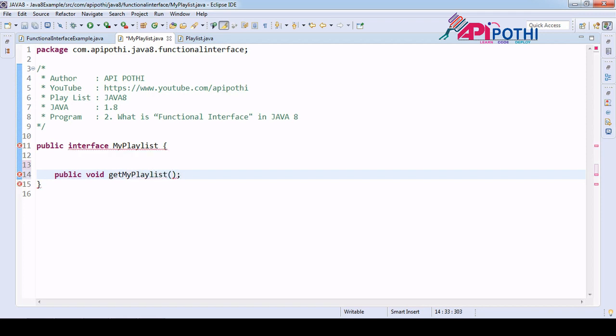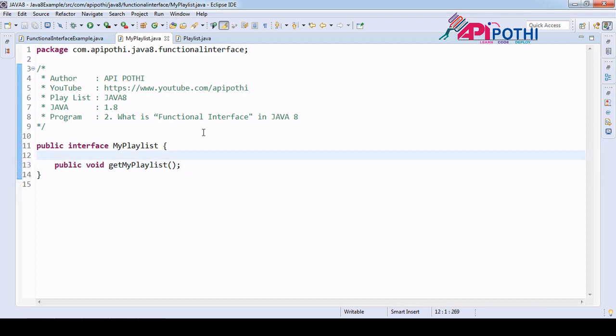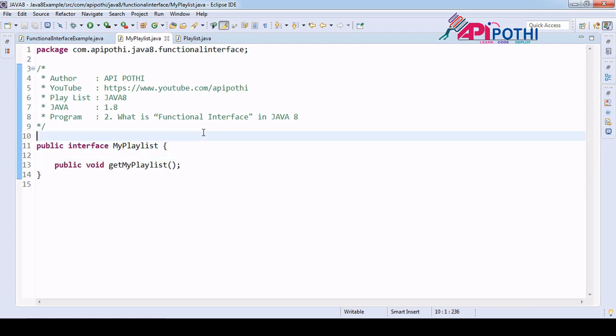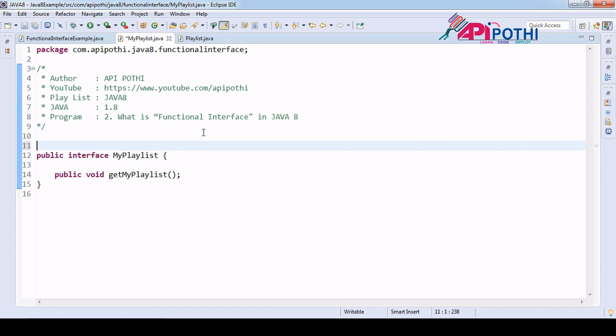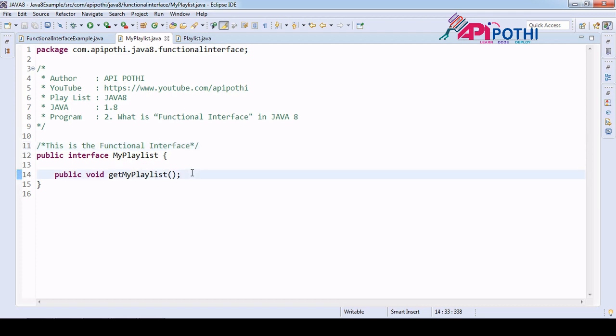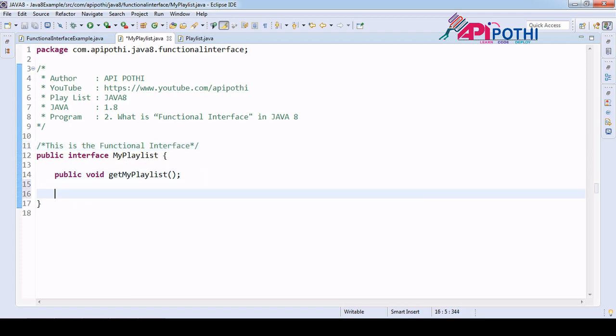of functional interface, an interface which has one unimplemented method is called a functional interface. If we say, okay, this is the functional interface. Okay. Now the question is, as per the rule, we also understood that in Java 8 we can have as many implemented methods as we want. Okay. Default